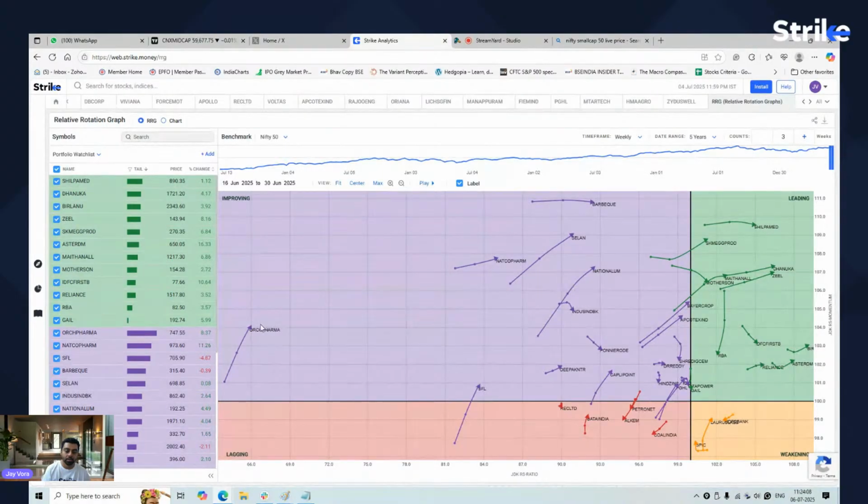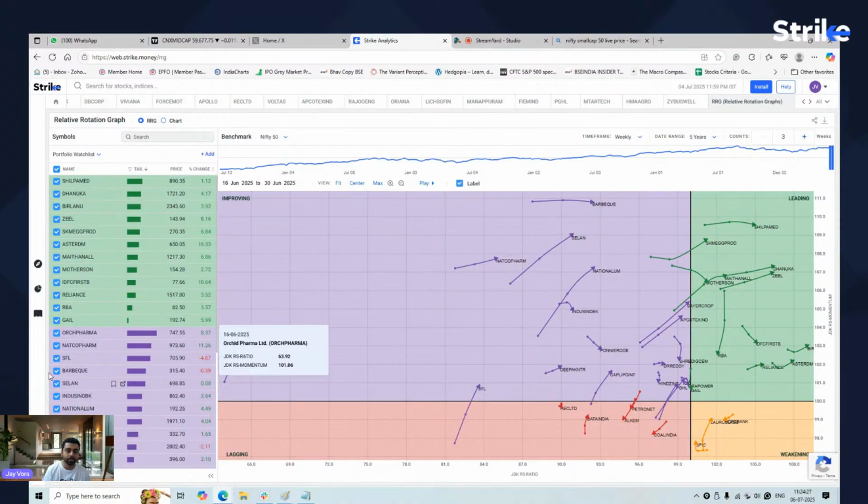Okay, yes, I cannot rule out this as well, that Orchid Pharma rises higher, it sees some bounce back, and then it again goes down. So if such things happen, then you need to be careful. And that's where you need to keep a close eye on it and just review it once in a